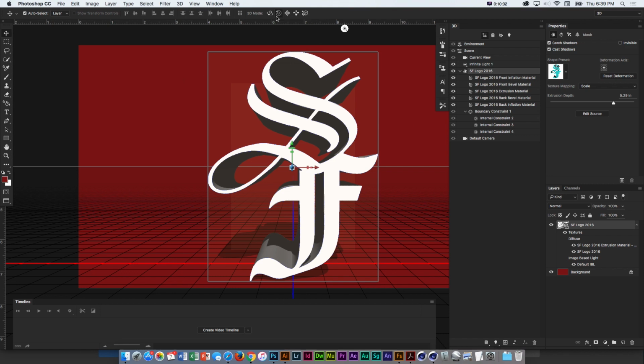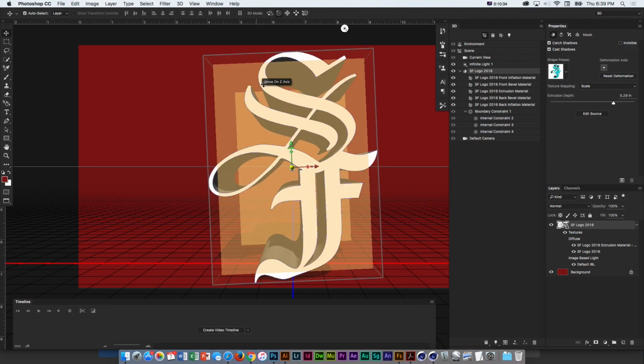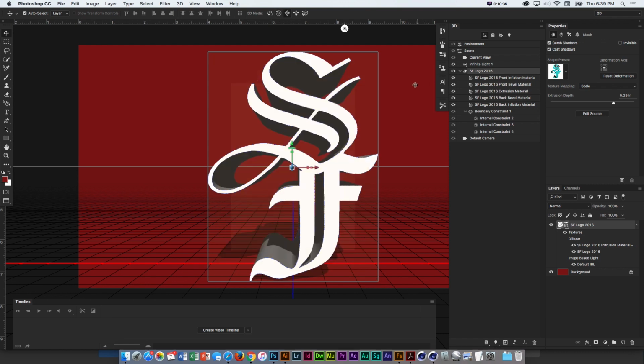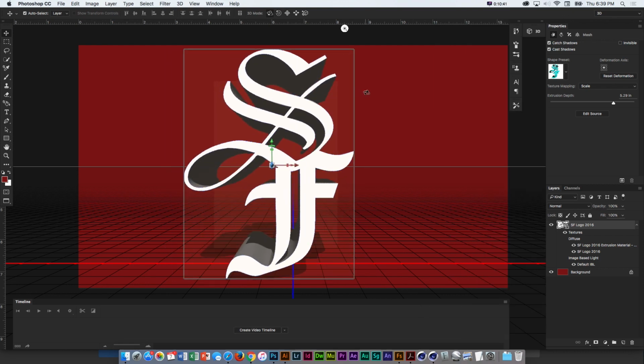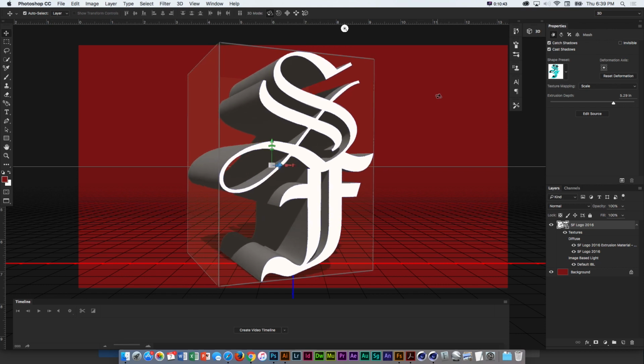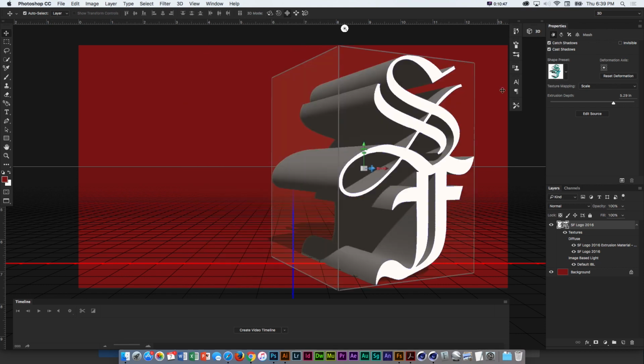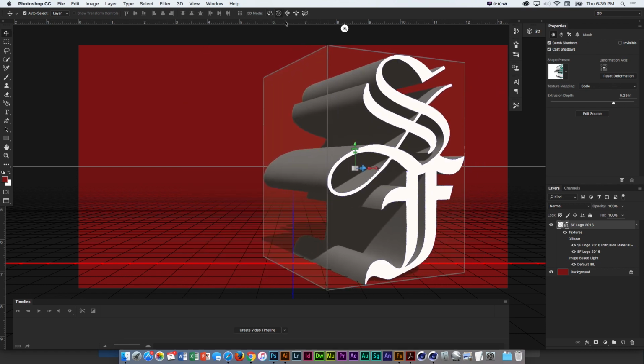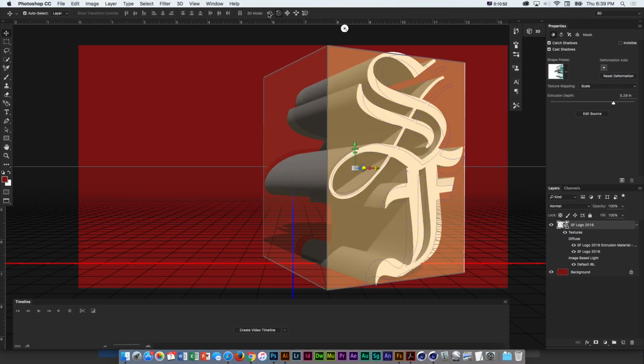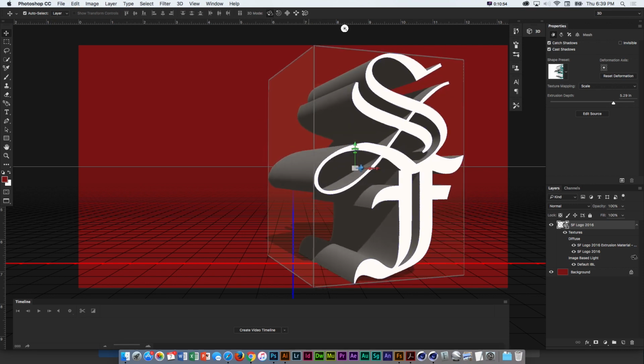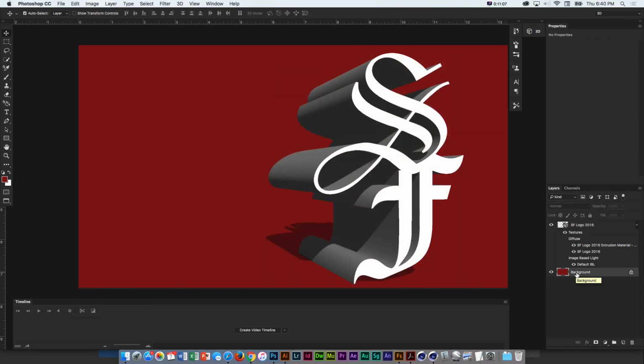I know this text is super tiny, but it gives you a 3D version of that logo. You can get up here with your 3D mode camera tools and rotate the camera, pan it around, orbit, and mimic the idea of moving around in 3D space. The benefit is it's all stored on one layer as a smart object in Photoshop. We can turn on and off all the lighting and everything, but if we click off of that, it's pretty standard Photoshop stuff.